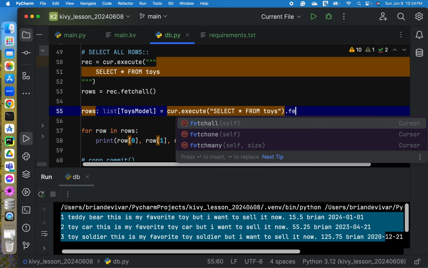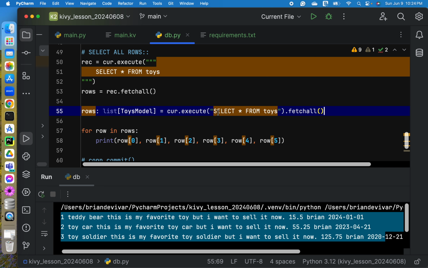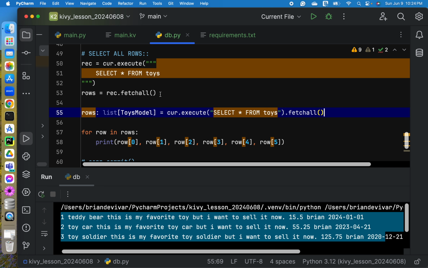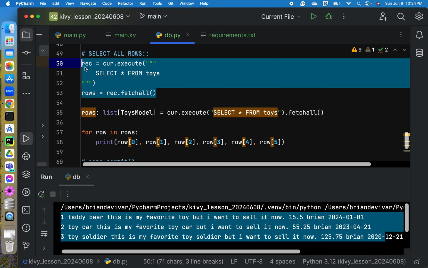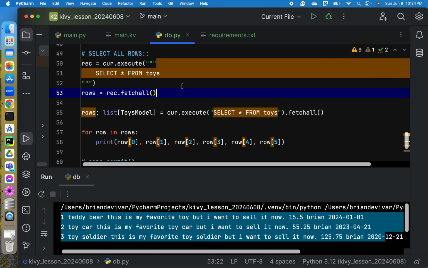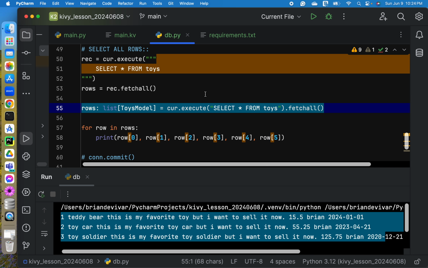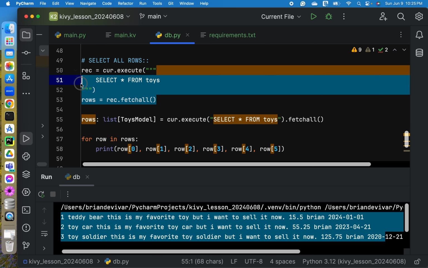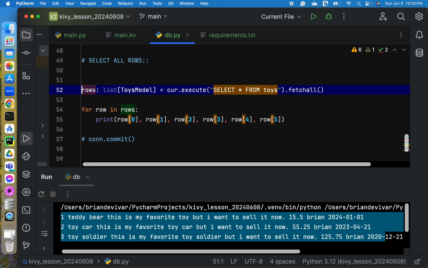And then let's call in the fetch all. So all of these lines here have been simplified into this one line. Okay, so we don't need all of this.